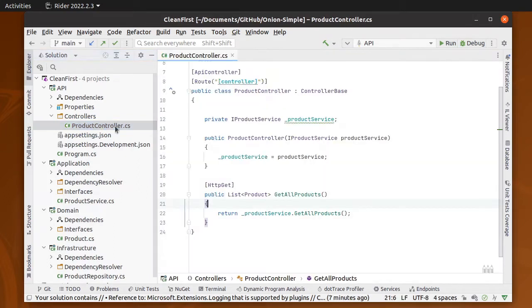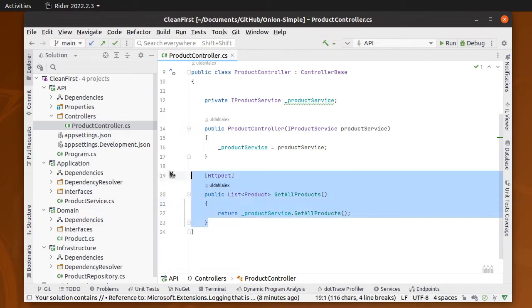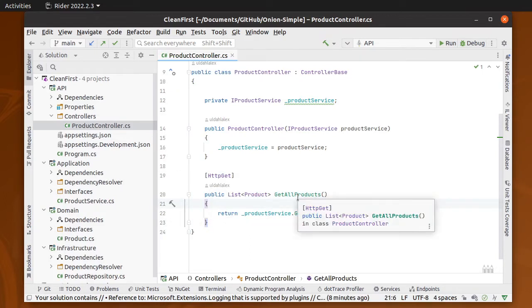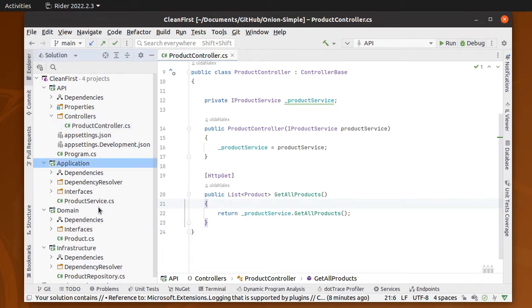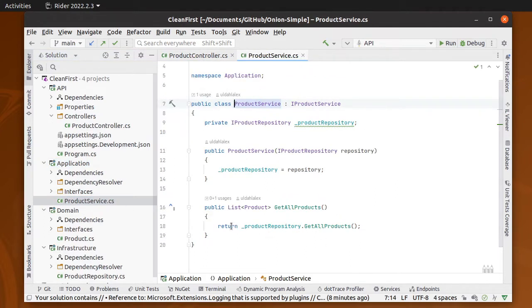The first big obstacle is that your controllers can sometimes end up becoming very bloated. A lot of things can go inside of a controller because this is the first point you reach when you send a request to the web server, but we don't want to put everything inside of the controller. A lot of things like validation and also mapping we might be more interested in putting inside of the application layer. So the application layer contains the service methods, and